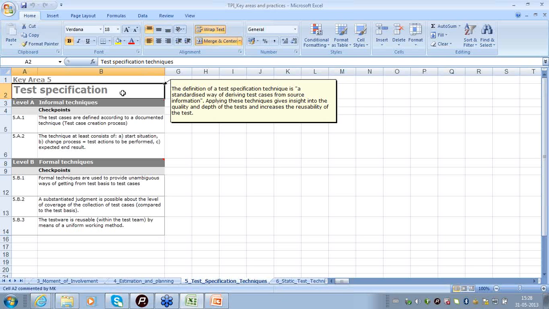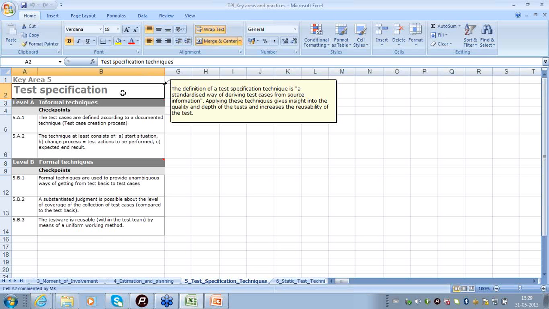However, when a team uses a test specification technique, then the number of test cases and the description of the test cases remain the same, even if two or three different testers are asked to derive the test cases using test specification techniques.